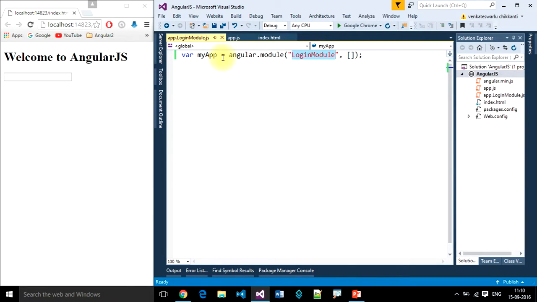So this is my login module. Here I'll pass the login module. This is how we will pass dependencies.